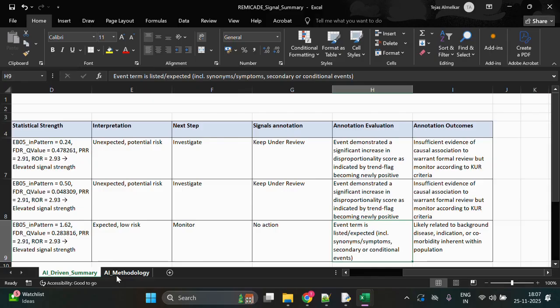As we have seen in this demo, Agentic AI brings automation, intelligence, and explainability together in one unified signal management pipeline. This empowers safety teams to focus on interpretation and not manual tasks, making signal management